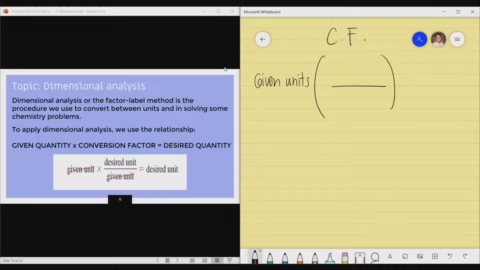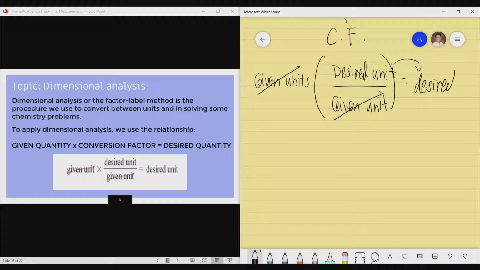Now, how do we write the conversion unit or the conversion factor? Always remember that the given unit from the conversion factor is always at the denominator, and then the desired unit, when we say desired unit, ito po yung sinosolve mo. Ito yung required. Bakit? Bakit kailangan yung desired unit ay nasa numerator, si given unit ay nasa denominator nitong conversion factor? Dahil, para makancel mo ito. That is math. At the end, ang matitira na lang ay itong desired unit,